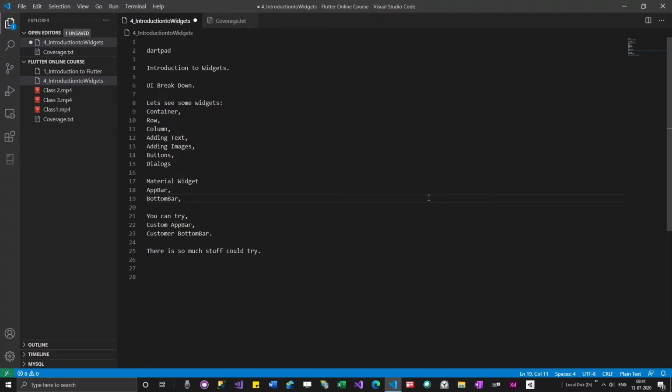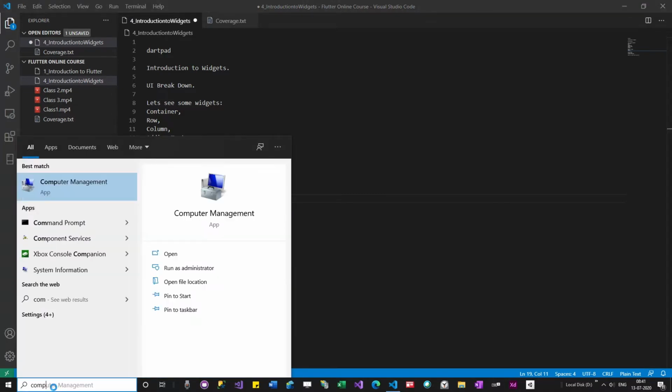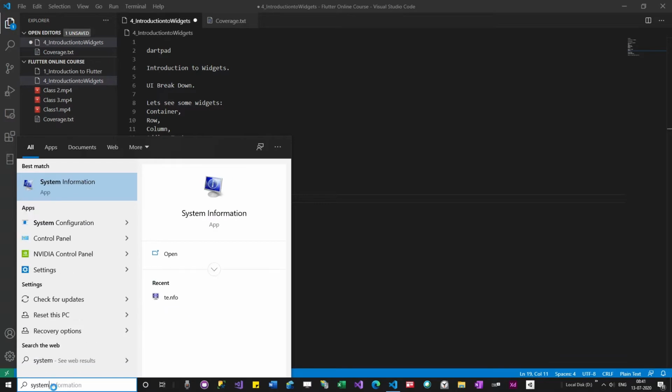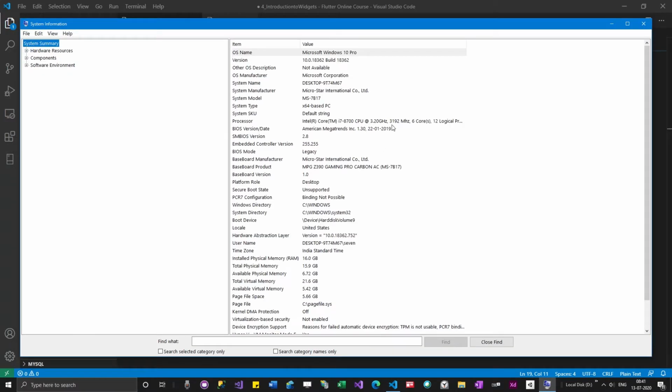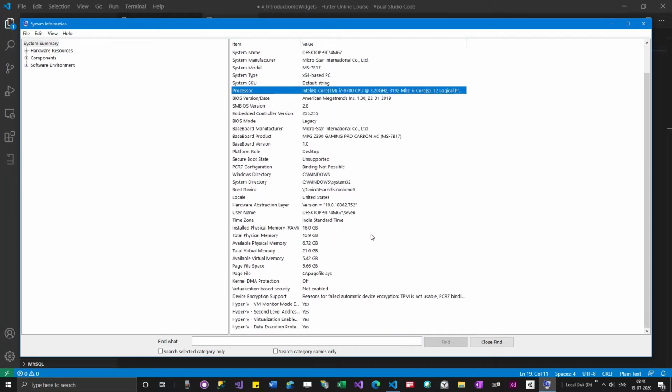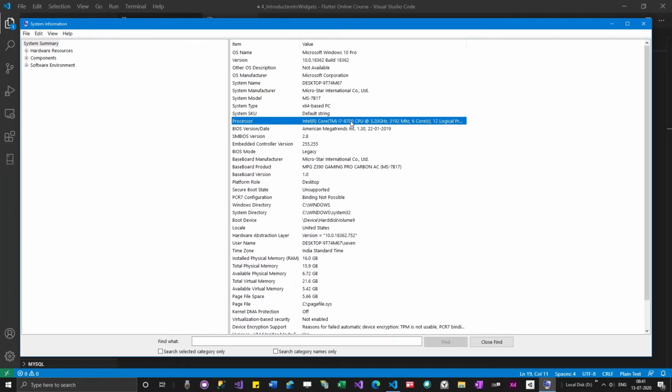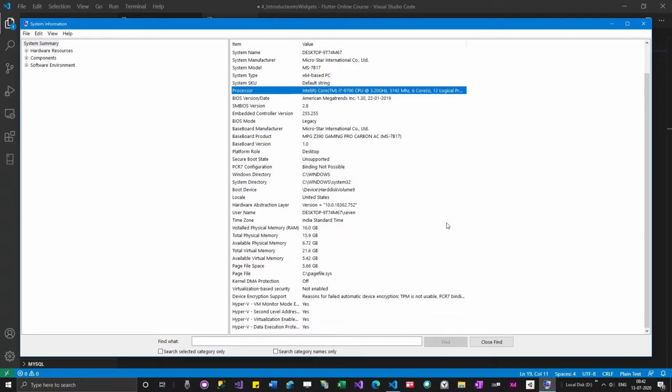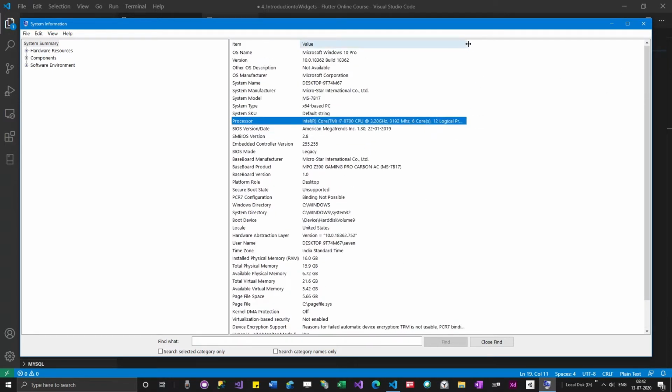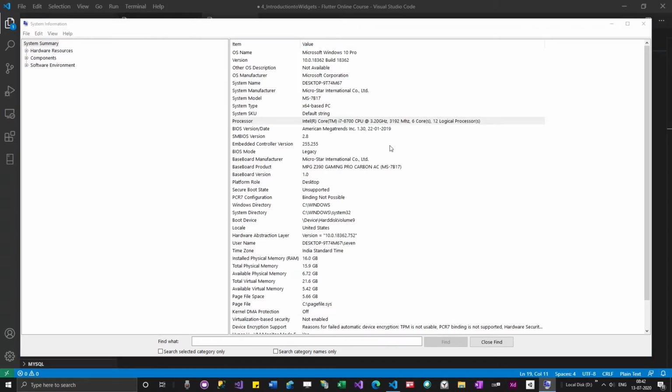In my case I have 16 GB of RAM, an SSD, and an 8th generation processor. You can check that information like this. In system information, there are multiple places you can check actually. So this is one of the places. You can see 16 GB of RAM, the processor, and SSD information. I am not sure whether it will be shown here or not, but somewhere it will definitely be there. You can see the processors: 12 logical processors. All this information will be available here.